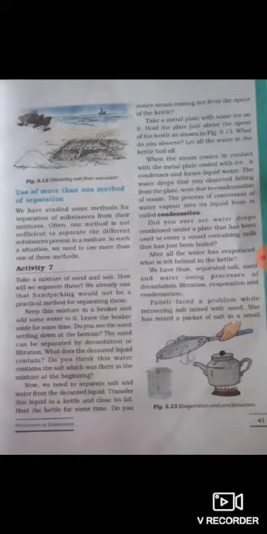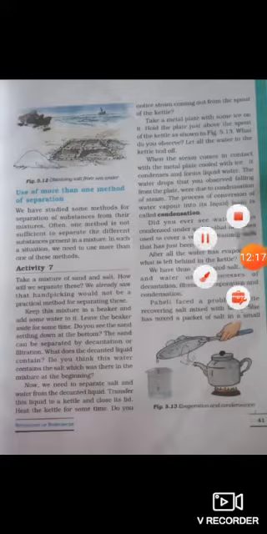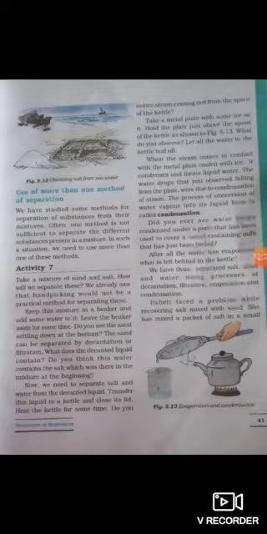Now when this evaporated water comes in contact with the metal plate which has an ice cube over it, you know it's really cold, the process of condensation will happen, where the vapor will get converted into liquid, okay? And what is left behind in this kettle is salt. So now we have separated the mixture of salt and water also. The salt is left behind in the kettle and we have collected the water here, okay?